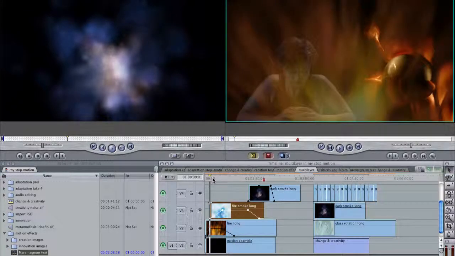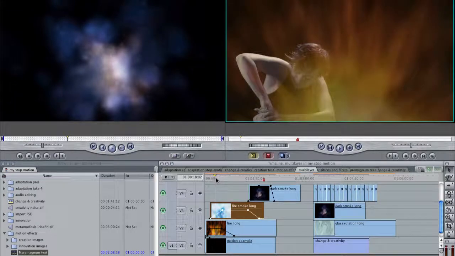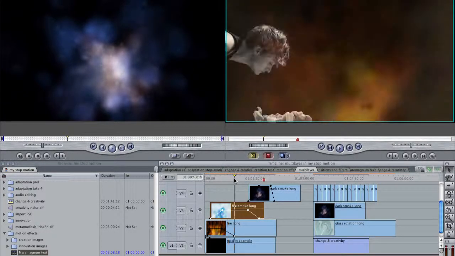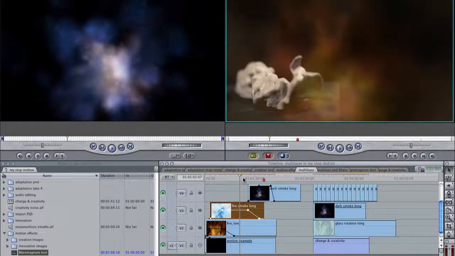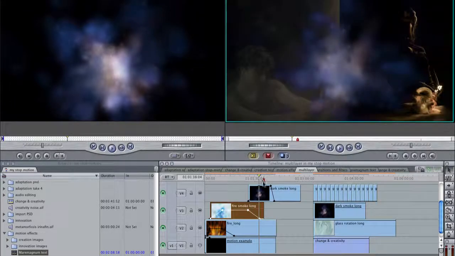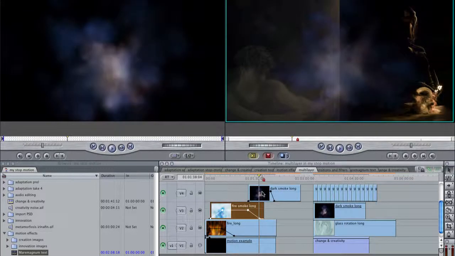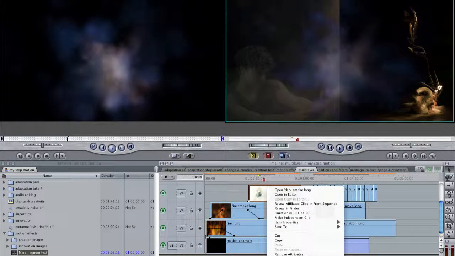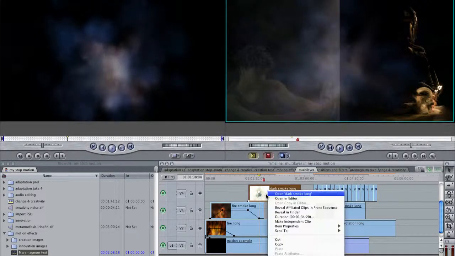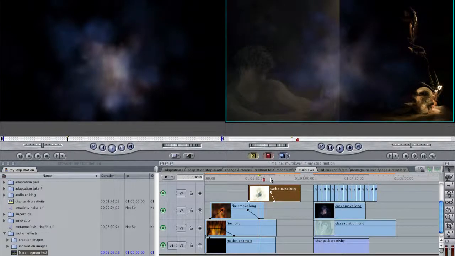So I will be changing the effects: first I will have a fire that will change to the fire smoke, and then finally the fire smoke will change to the dark smoke. By playing with the composite modes and the opacity, I can achieve